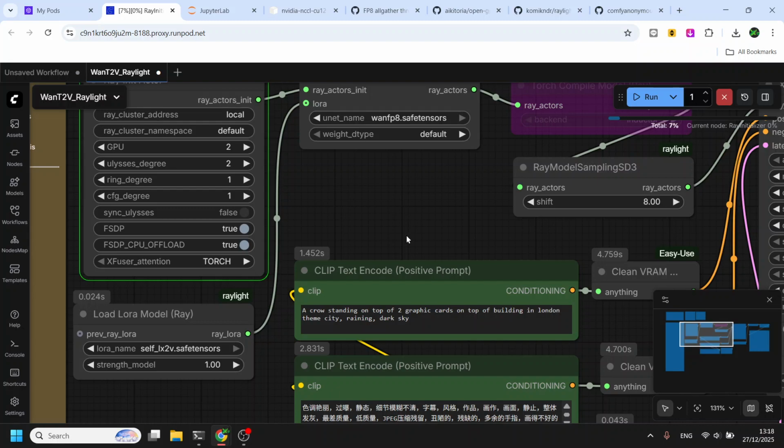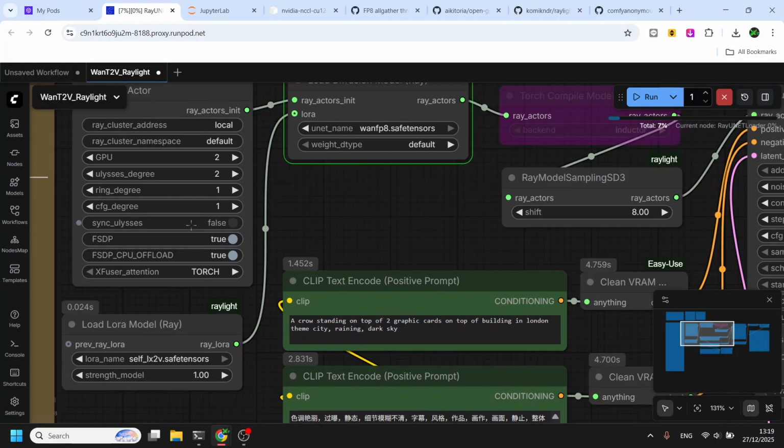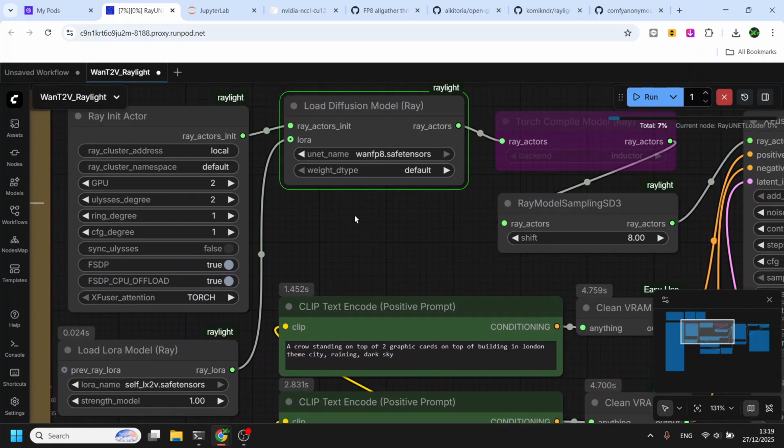I want to add a side note about CFG degree. Not all models natively support CFG parallel. Examples are Flux and Hunyuan. They only use one conditional. But in Raylight, the support is already written, because Chroma uses the Flux backend to run inference, but Chroma itself supports CFG, classifier free guidance, and Flux does not. Since Chroma uses Flux, Raylight has to support the Flux model like that.